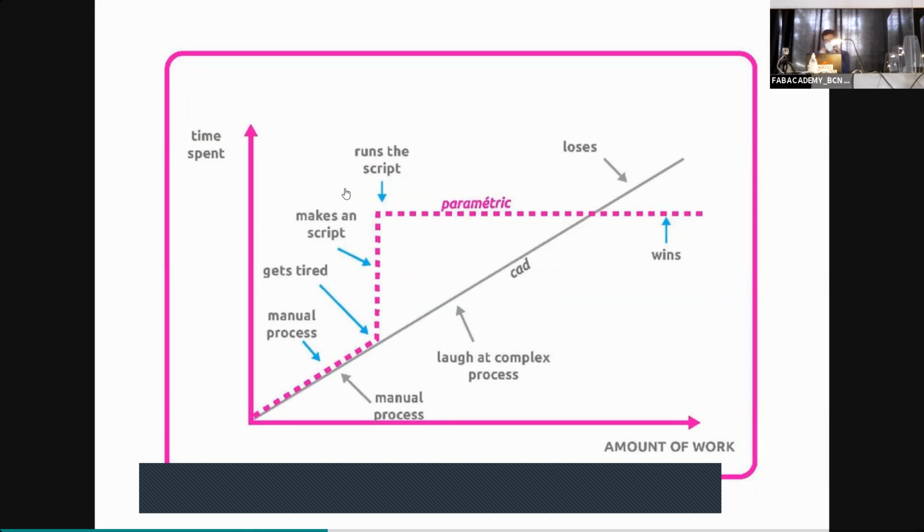And this is actually what happens in the parametric design process versus the amount of work. I will show you this with just one image that I already showed to some of you. You want to create an array of boxes and you want to print it. Okay, you create it manually. It takes you 1 hour and you print it. And now it's not